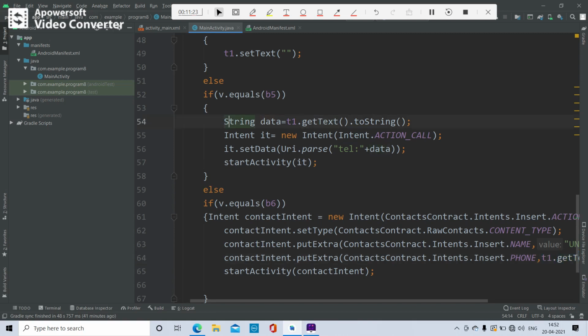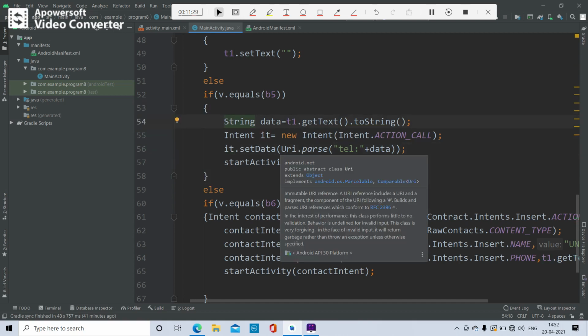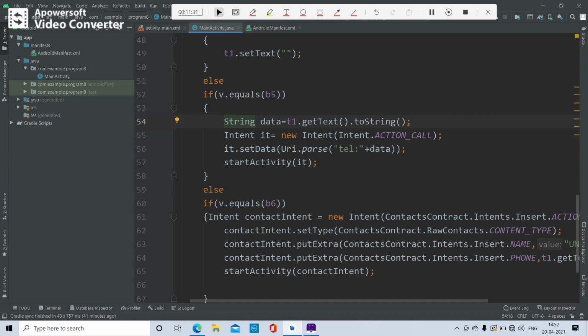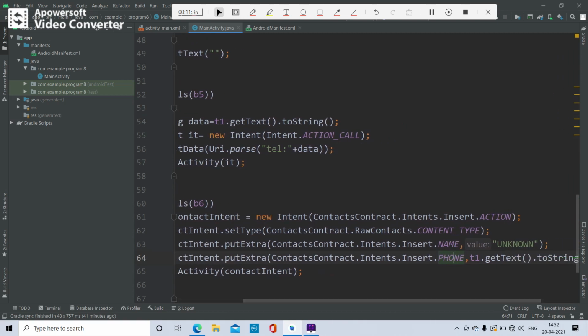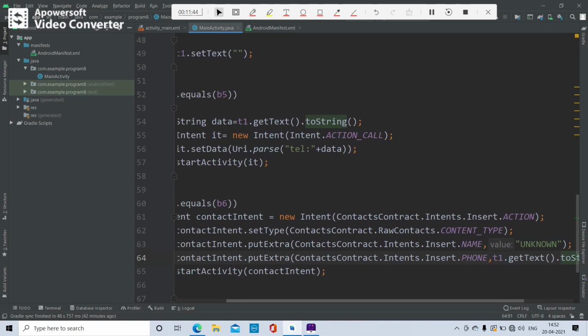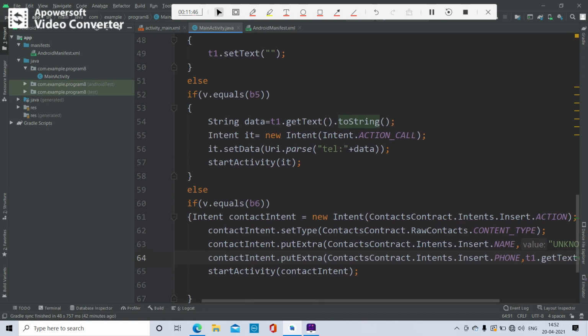But it is local to this block, so here you cannot access the data, but you can directly access the content of the text box by using T1.getText().toString(). That telephone number in the text box is written as the content.